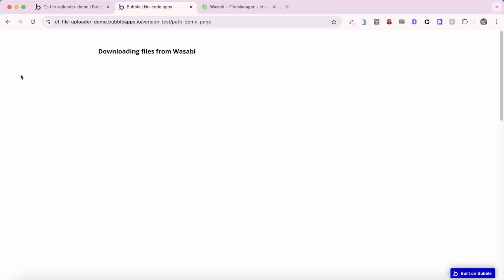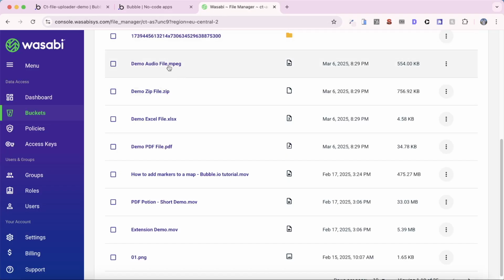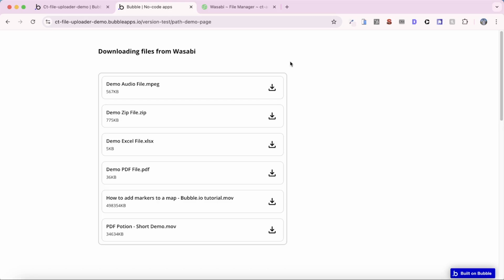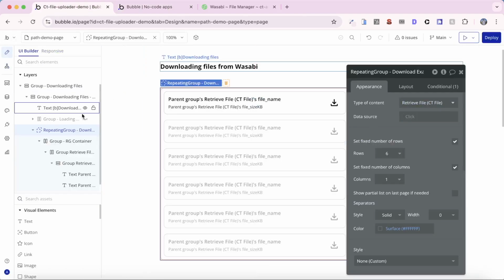And you can see our files here. We have 1, 2, 3, 4, 5, 6, which correspond to 1, 2, 3, 4, 5, 6 in our Wasabi bucket. Just a little bonus tip that I want to let you know about is it took a second there to show the files. So what you can do from a UI UX perspective is I have this group here called